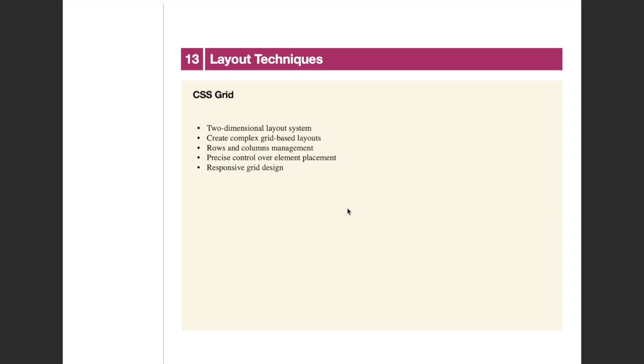Okay, it gives you precise control over element placement. You can literally tell a specific image that, hey, I want you to start at row 1, column 1, and stretch all the way to row 2, column 3. तो ऐसा कर सकते हो ग्रिड में। ठीक है।